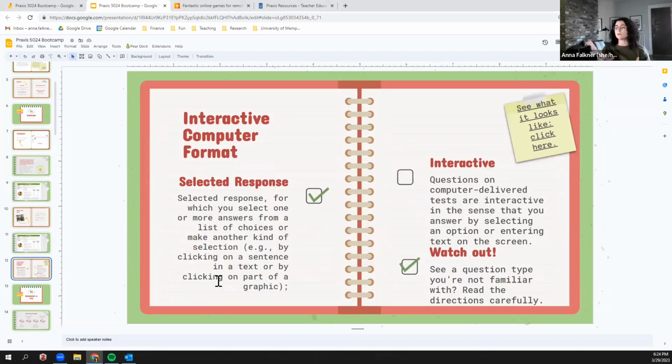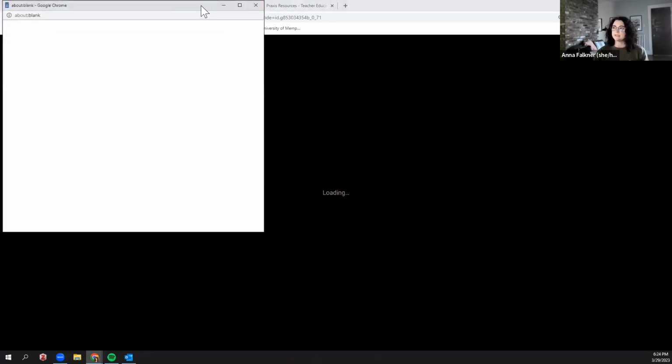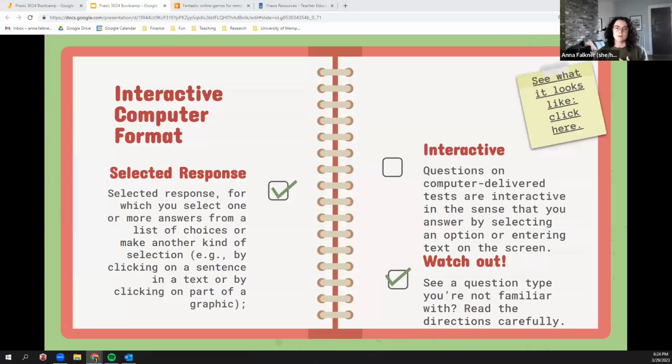Now, it's interactive computer format. This is something that probably most of you are fairly familiar with at this point because you've had to do it for the ACT or the Praxis Core or whatever it is you've taken before. You're probably familiar with selected response where you do this clicking through bit. They're computer-delivered tests, and you could see what the format looks like in this video right up here. So if that's something you're interested in, if you haven't seen it, or if you just want to make sure that you know,